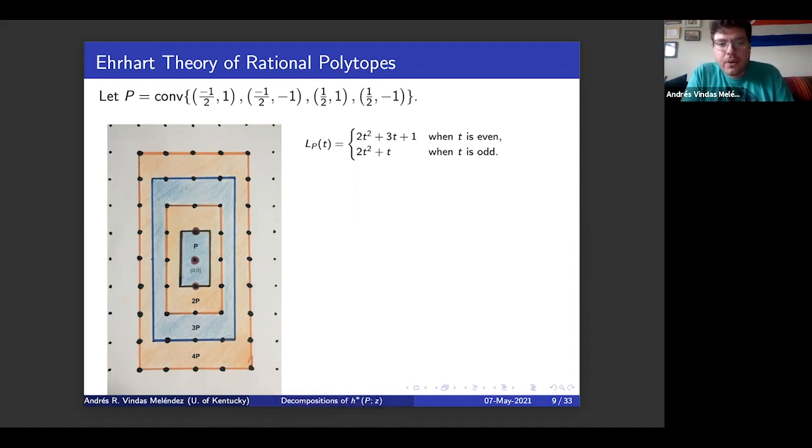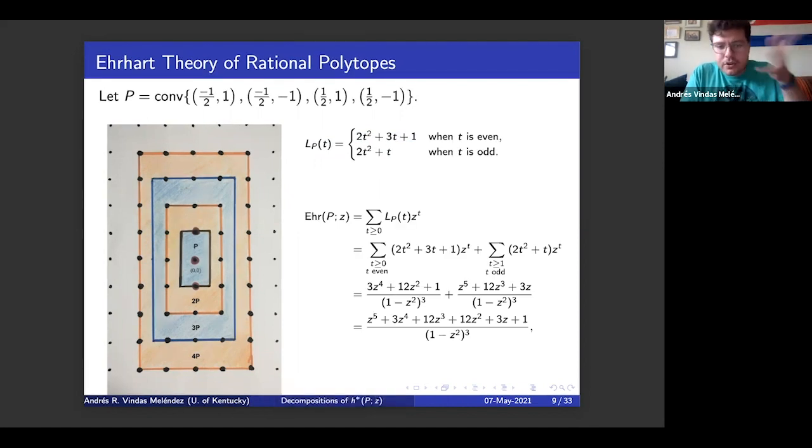And so we only care about whether our dilate is even or odd. And so you might see, okay, well, look at this one. If you know about Ehrhart polynomials, one way to check if something is an Ehrhart polynomial, kind of like in my checklist, is that the constant term is always 1. And so in fact, this one is an Ehrhart polynomial, and we see it's actually the Ehrhart polynomial of 2p. Okay. But again, this one only cares whether my dilate is even or odd. And then I run it through my generating series, and here's what it looks like.